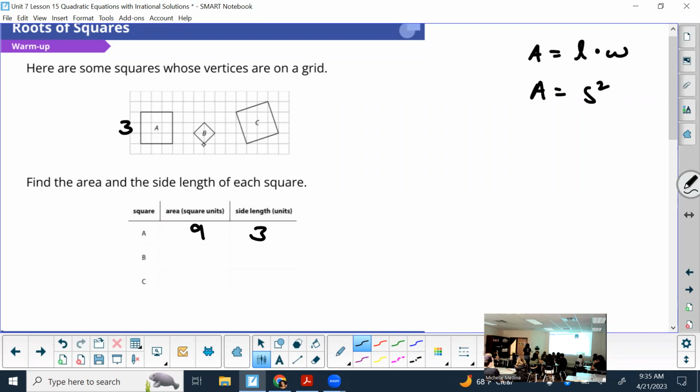Okay, you got 2. So let's see. It's not perfectly aligned like how A is, so we can't just assume. We would have to problem solve it. So what I would have done is make a right triangle using the grid that is straight and makes a right angle, and then solve for my hypotenuse, which would be what side B is, the side length.